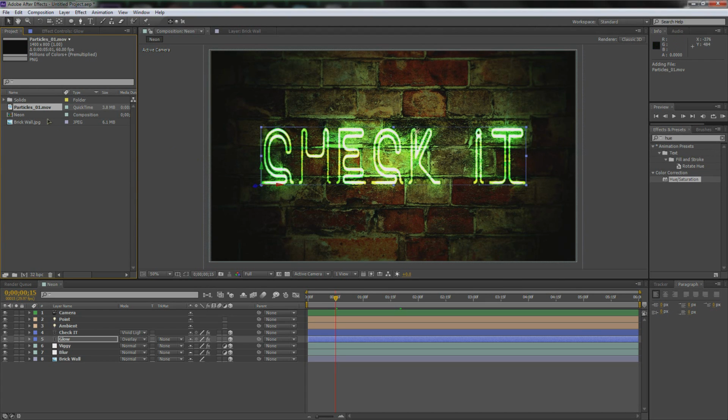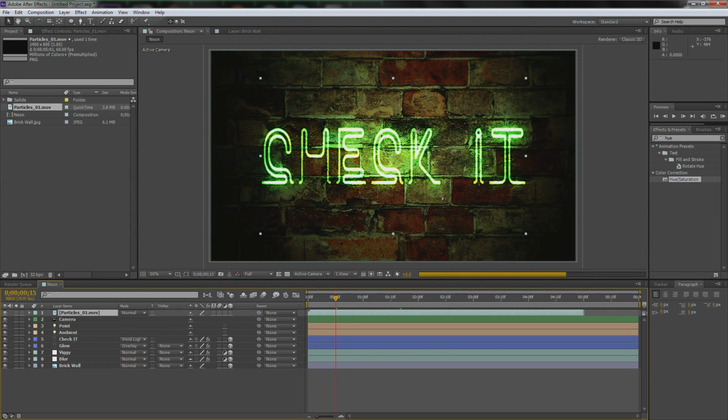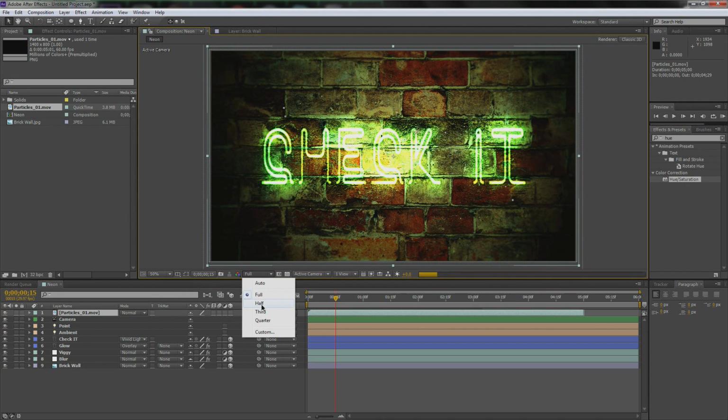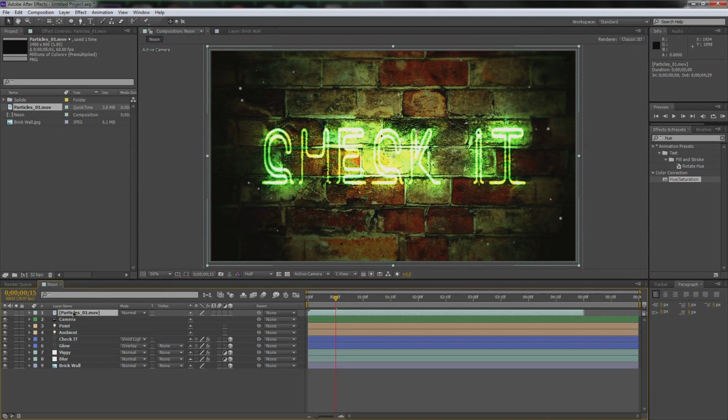Okay, so particles. Now let's click and drag it into the top of this layer. As you can tell, it's only 720p. So what we're going to do is size her up, and then select it. Whoa, what is going on here? It's lagging. It's getting pretty intense, so I'm going to switch it down to half. This just makes everything a little more pixelated, but it loads faster. So I'm going to select particles, hit enter, and I'm just going to call it